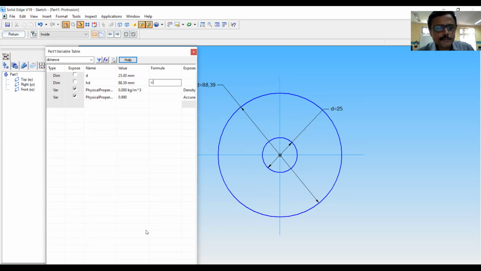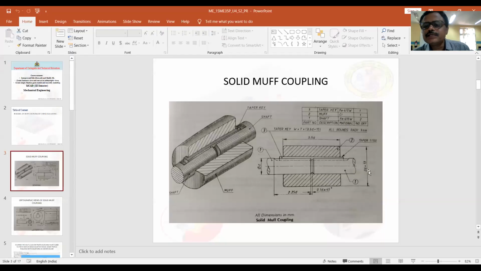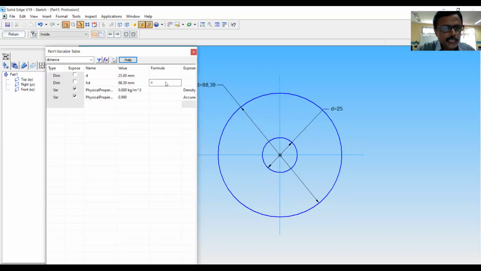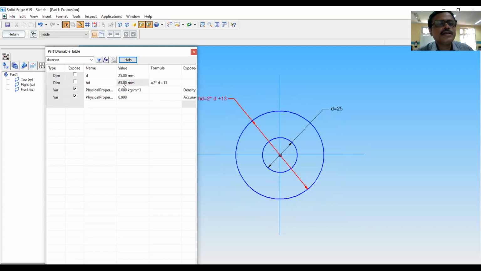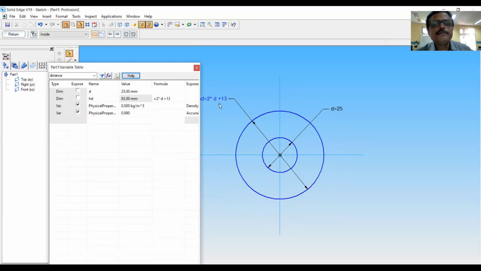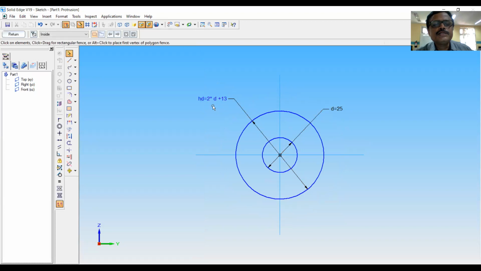What is the formula? That is 2D plus 13 is here, that I will enter. This is 2 into D. This will be 2 multiplied by D plus 13. Enter. You can see that it becomes 63. And this is also updated here. This is HD is 2D plus 13. Now return.